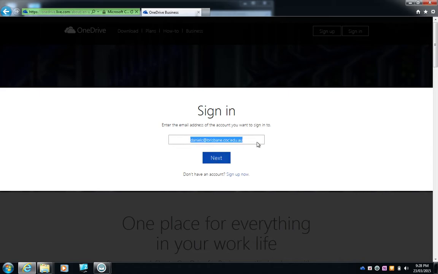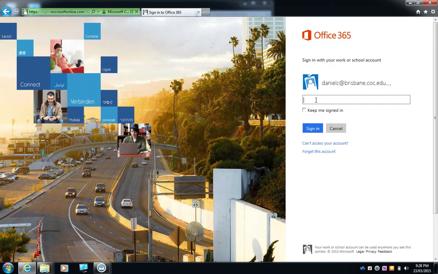Now, you'll have to sign in with your school email account. Mine's danielc@brisbane.coc.edu. Yours will be your student number at brisbane.coc.edu. Now, I've done this before, so I don't have to put in my password, but you will have to put in your password. It'll send you to Office 365, and then